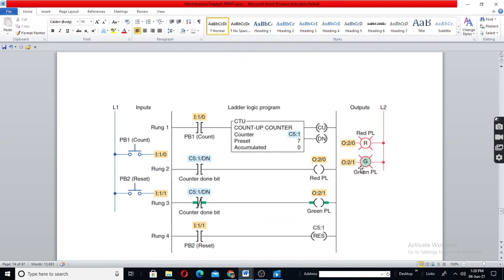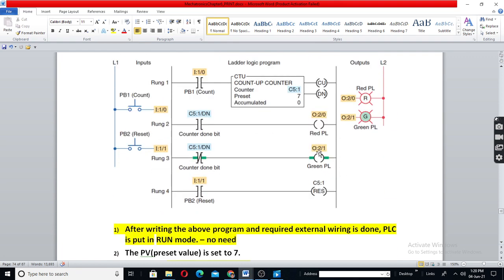See here, for output, we have addresses like O:2/1, O:2/1, etc. In the examination, if it is a problem for you, you can just write O:0, O:1.